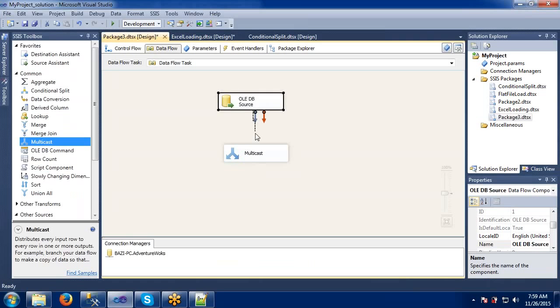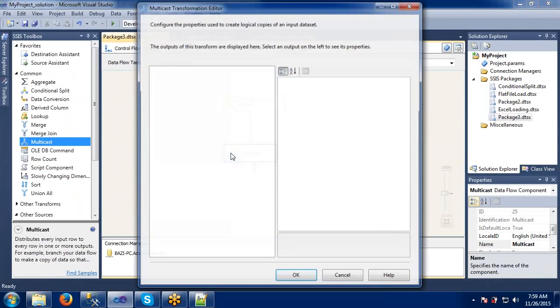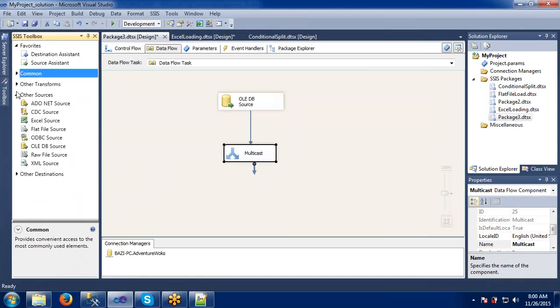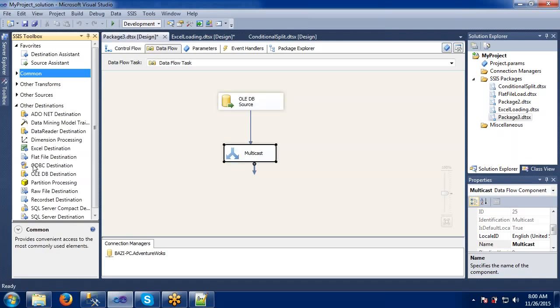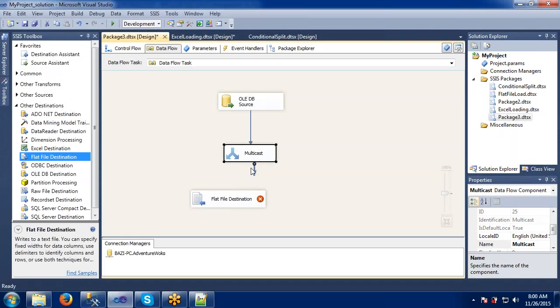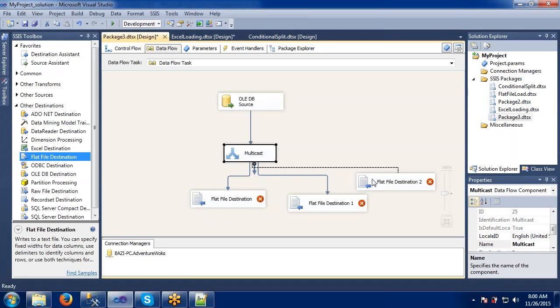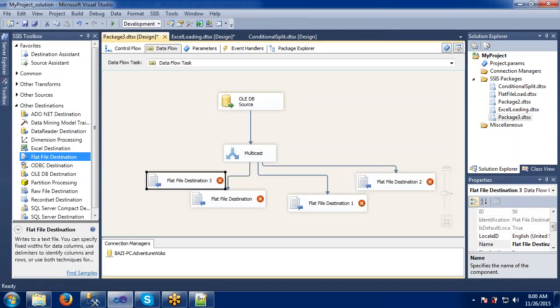What it will do? It will take the source. There is nothing in this multicasting. Simply expected outputs, how many are there? Just connect it to the output here. First output, connect to this. Second output, again connect to this. I have third output, again connect this. I'm having fourth output, connect to this. So what multicast is doing, taking the same copy into the multiple outputs.